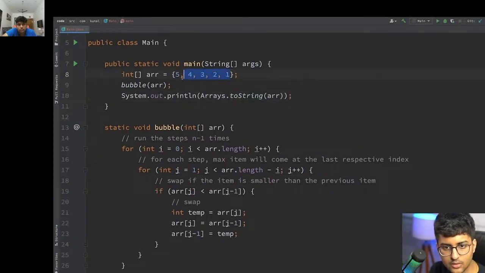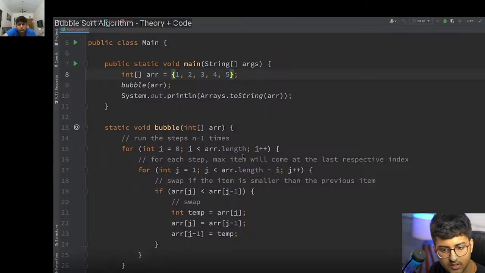When I do 1 2 3 4 5, let's say 1 2 3 4 5, it's going to give me 1 2 3 4 5, but the thing